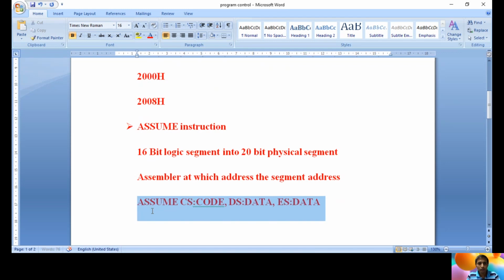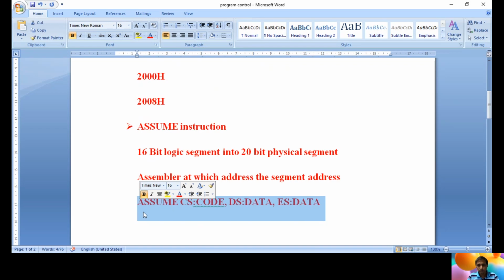Because of this directive, a 16-bit logical segment is assigned into a 20-bit physical segment: the 16-bit code segment register content is converted into a 20-bit physical segment. Similarly, DS is also converted from 16-bit into 20-bit physical.